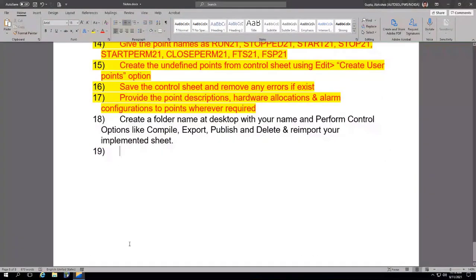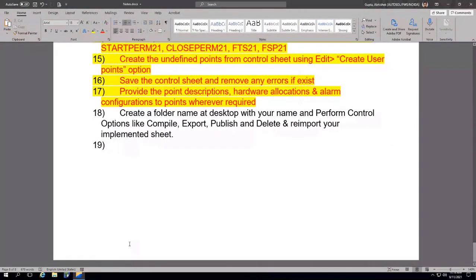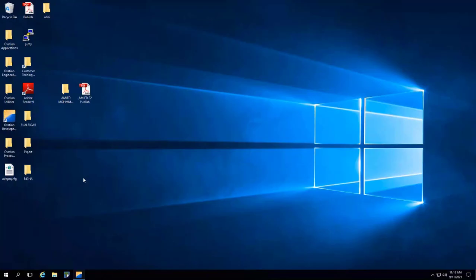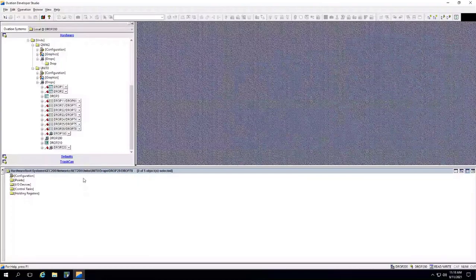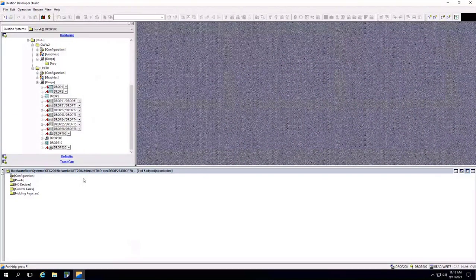So in this activity only, as I'm progressing further, I will show you some other right click functions which are really very important. Again, this will be used as a tool for your easy engineering.